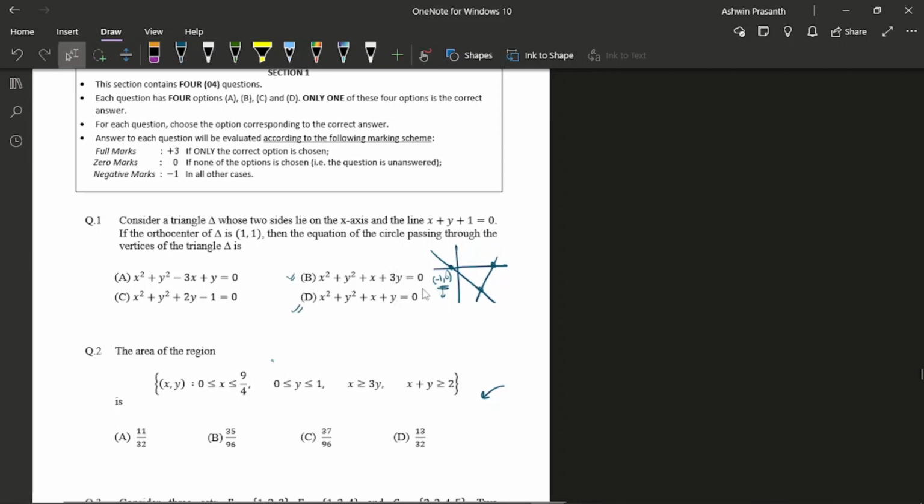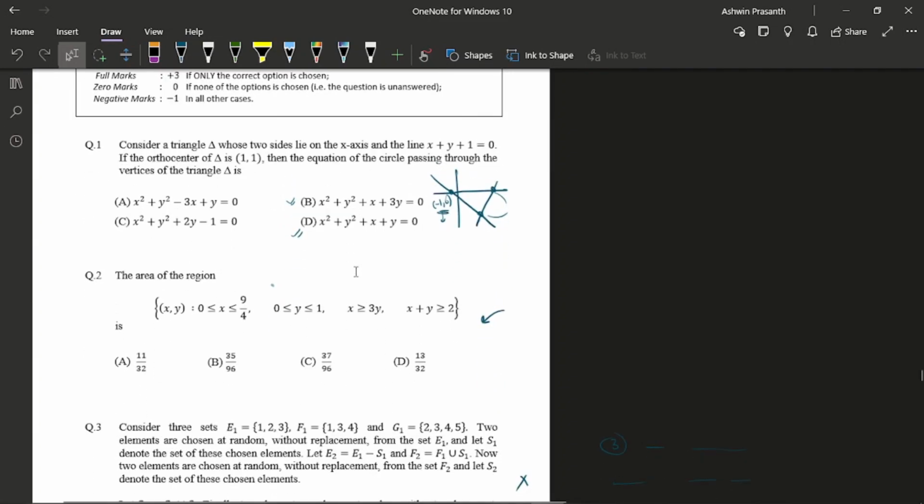And then based on that and one of these points, I was easily able to get this right. So sometimes in questions, the options will actually help you to get the answer. So you should be very vigilant while solving, whether you can get some hints from the options or maybe even from the questions. You should be very concentrated and vigilant in order to find that. Anyways, that was the end of section 1 in maths.